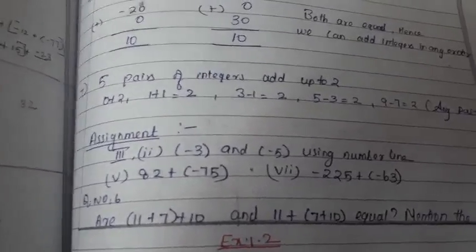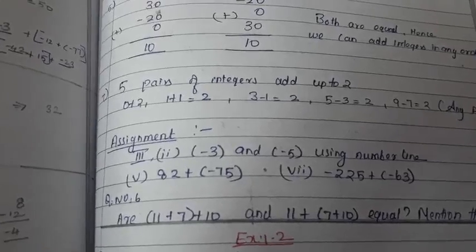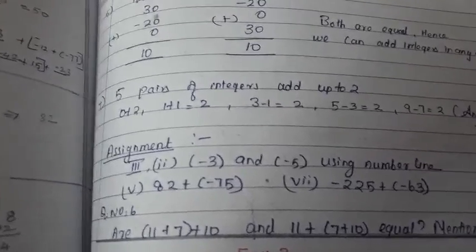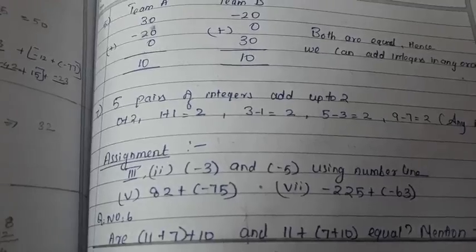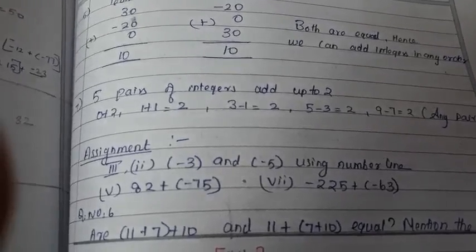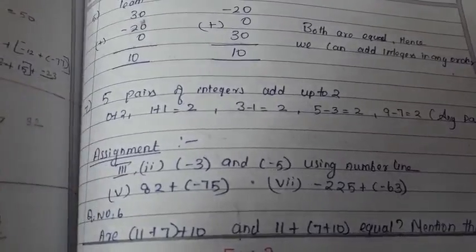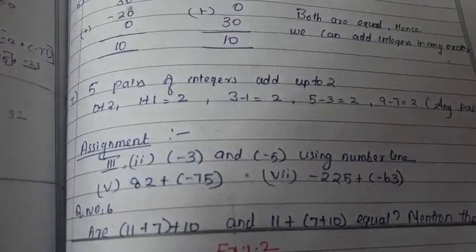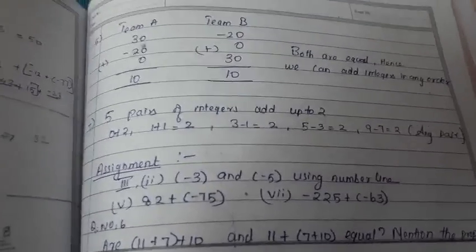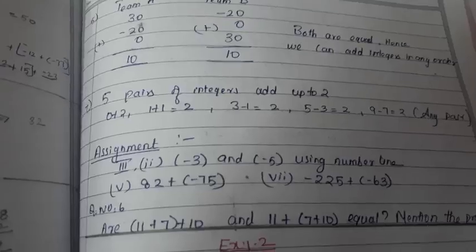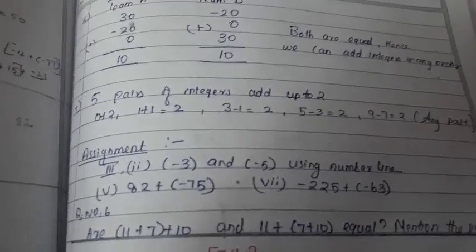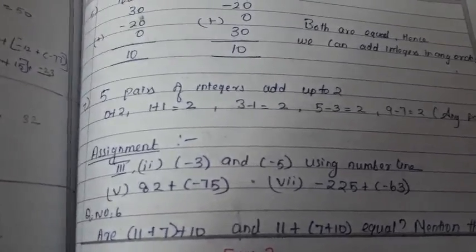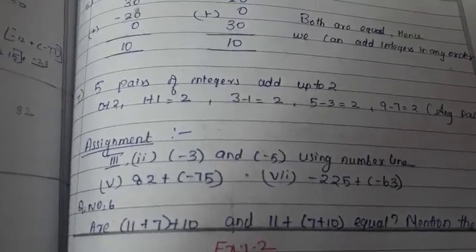So in this exercise what we have learned is how to add or subtract integers, and what concept you have to keep in your mind. If the numbers are in the same sign, whether plus or minus, any 2 or 3 numbers in the same sign, you have to add them and put the particular sign. Same way, if any two numbers are in different signs, that is plus of minus or minus of plus, what you have to do? Subtract and put the bigger number sign. So this was the only concept we are using here. I am repeating it again and again. So the same concept will be in exercise 1.2 also.